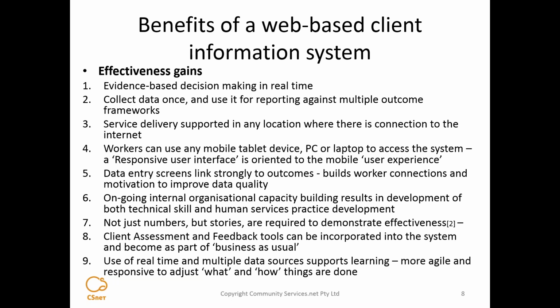And that helps to build worker connections and motivation to improve data quality. In terms of ongoing internal organisational capacity, what we're trying to do when we work with people is to not only build technical skill but also build human services practice development. So I think it's that, I will come back to this point as we go through, which is it's the combination of those two skill sets which really does give much stronger effectiveness in the organisation in terms of these